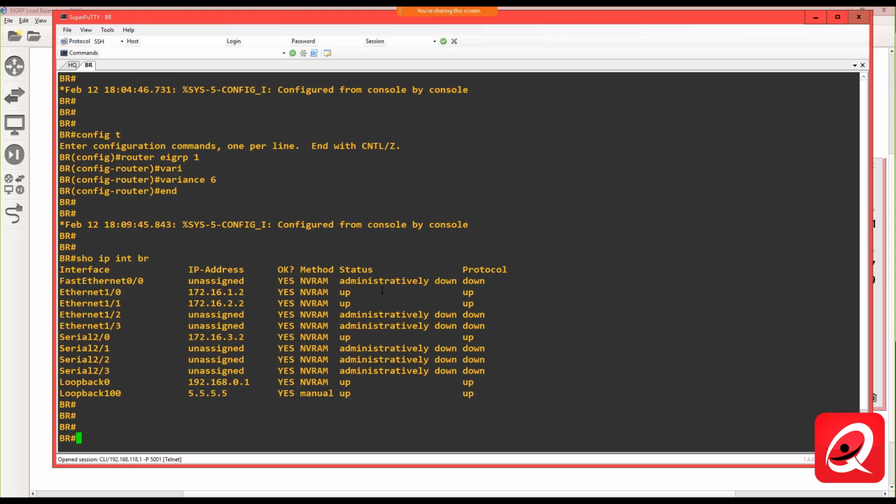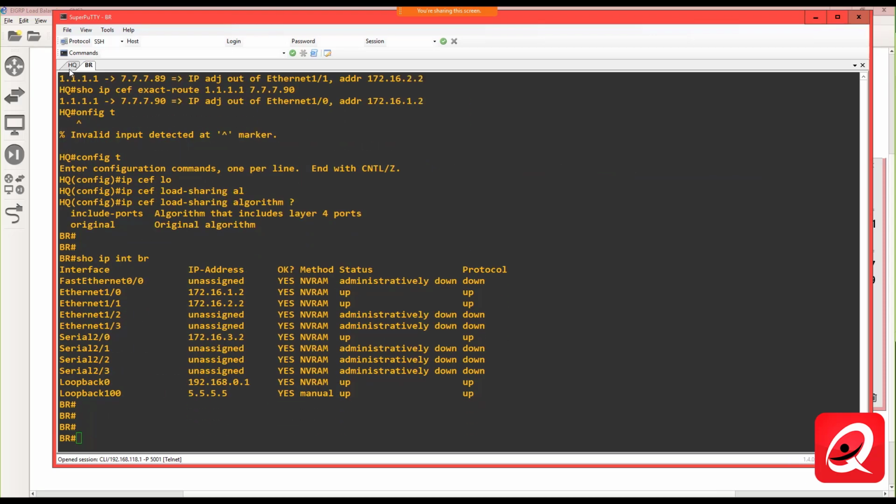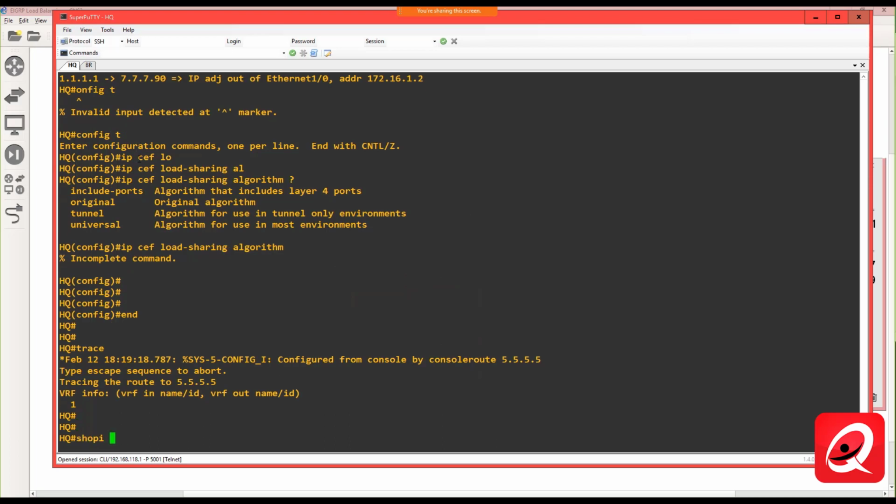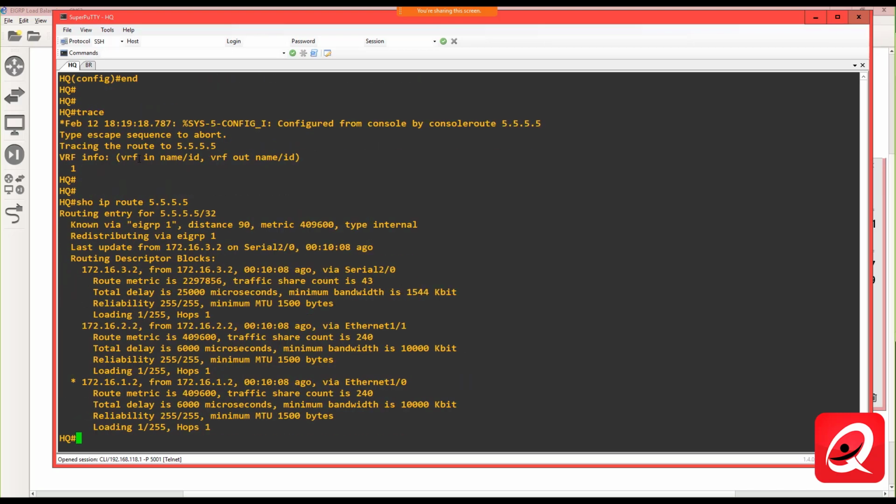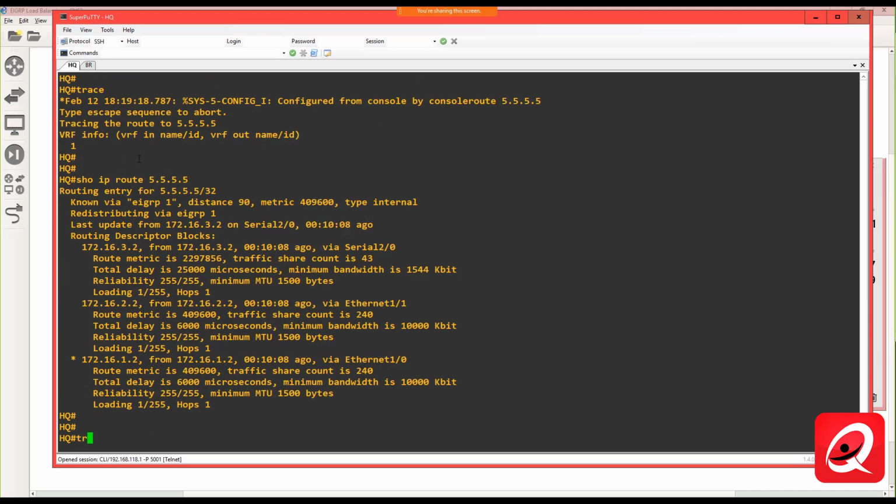Let me make sure 5.5.5.5 is in my routing table. Show IP route 5.5.5.5. Yeah, it's there. So if I do a trace route to 5.5.5.5 and I source that from 1.1.1.1,